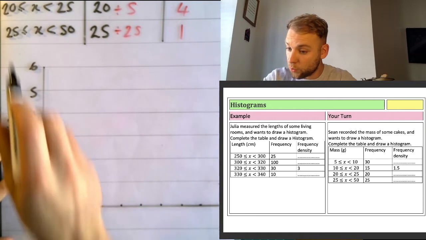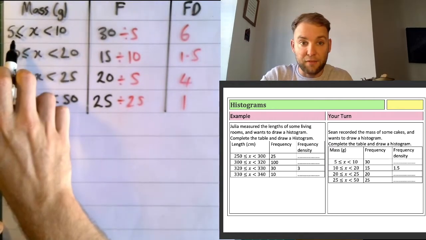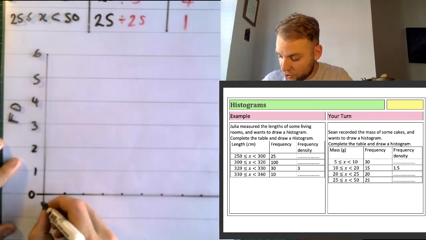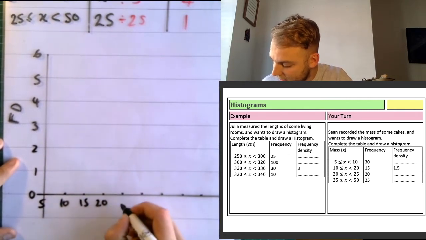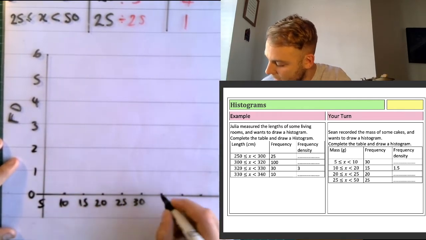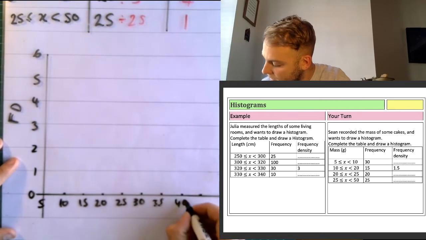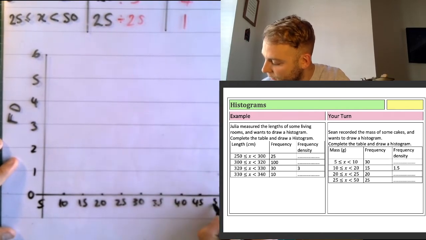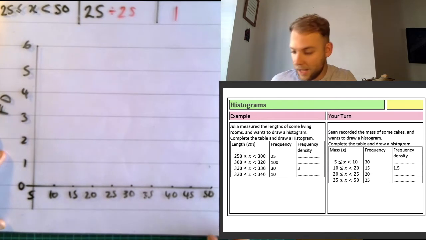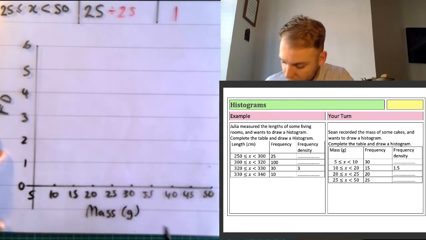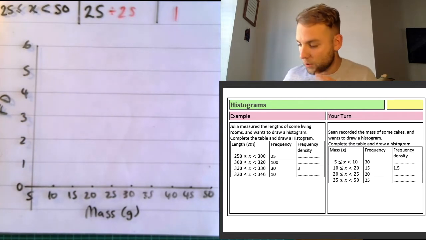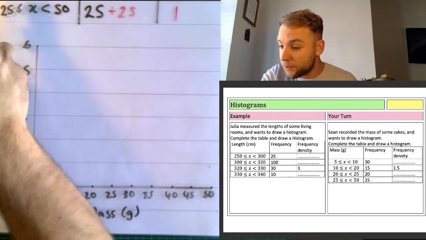Okay. Across, we're starting here at 5, aren't we? So it starts at 5, 5, 10, 15, 20, 25, 30, 35, 40, 45 and 50 there across. Super. And that there is our mass, isn't it? And that's in grams. So our first one here is going to be, well, it's between 5 and 10 and